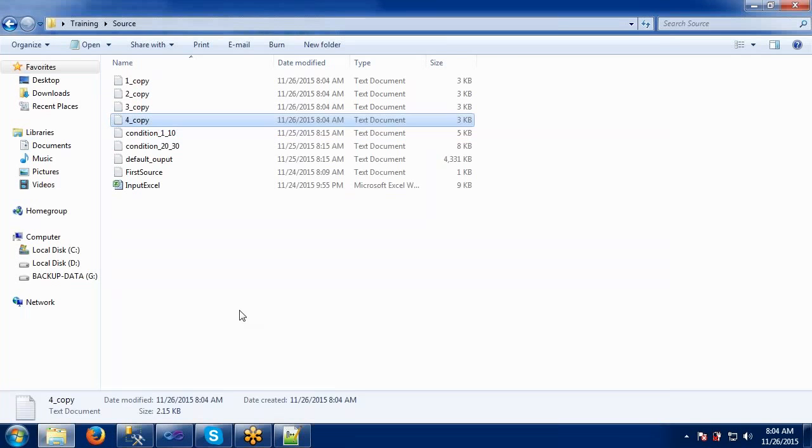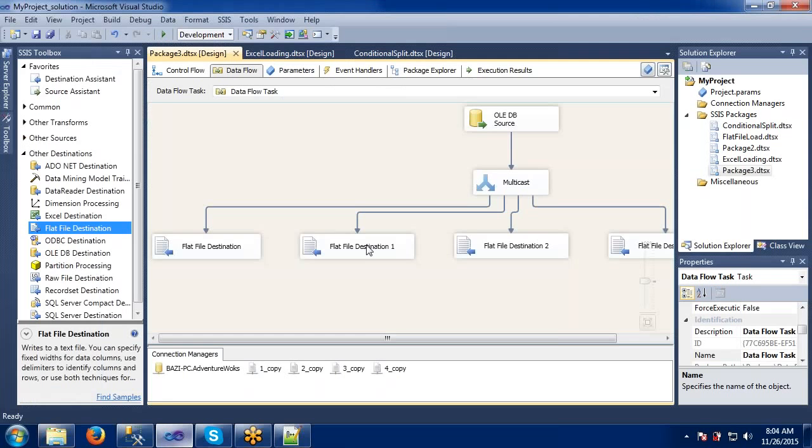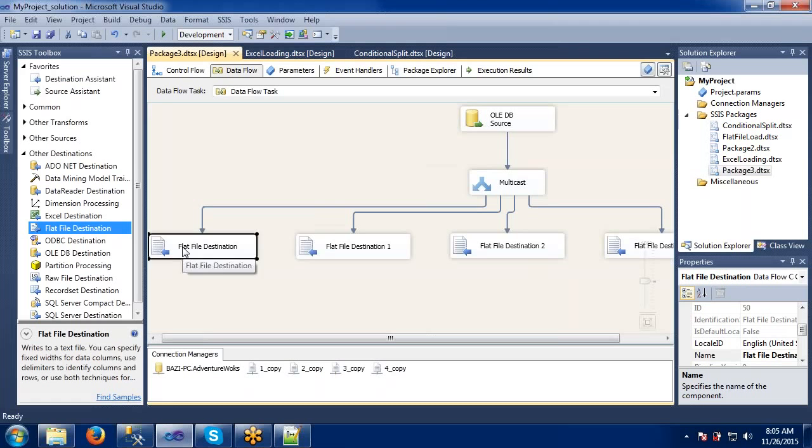Okay. This is how we'll implement the multicasting options. The same data we want to make duplicate, means see here the same records are coming to the different destinations but with the same data. Okay, in that case we can use the multicasting.